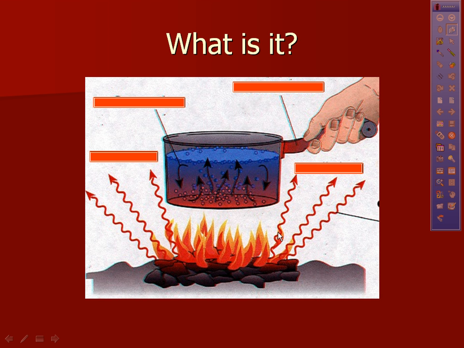Okay, so if we take a look at this, we've got ourselves a pot. Let's relate it to something that we do every day. We make food. So inside the pot, that's convection. The fire itself is heated by radiation. So flame is radiation. The EM waves coming from the sun, that's radiation. And once the heat comes up and heats up the water, and then that water touches the metal, and the metal touches your hand, your hand is going to get warmed up and eventually burned by conduction.